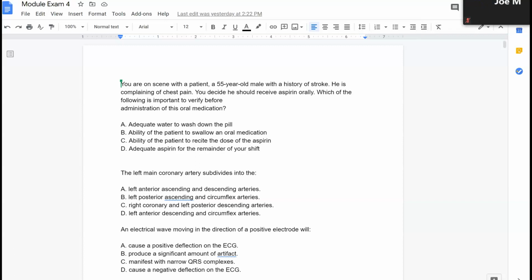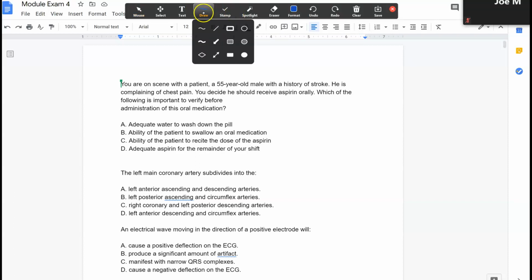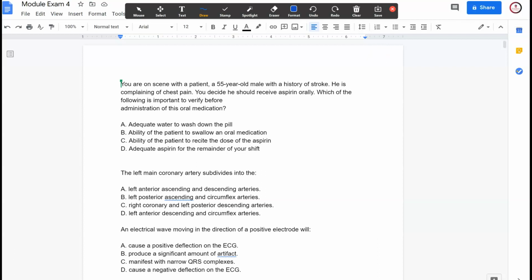All right, so we're moving through this exam. There was a lot of questions that really should have been easy to logic through. And then some of them were more BLS themed, and I think that might have thrown some people. So, first question: you were on scene with a patient, 55-year-old male with a history of stroke, complaining of